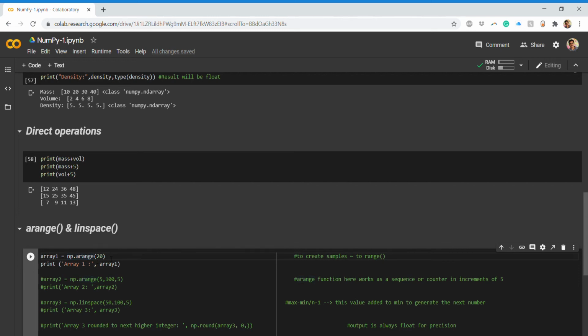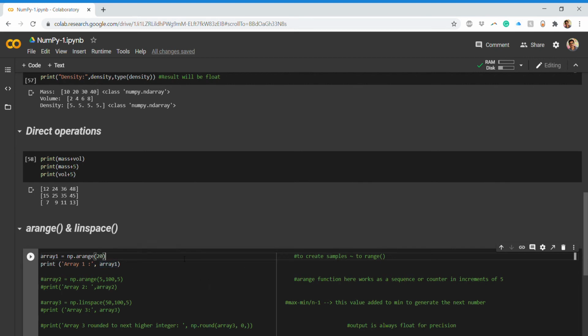So basically what I'm doing is creating an array with 20. So I want all the 20 elements. It will start from 0 up till 19, that is n minus 1. The same construct is followed here, and you can expect the same thing to happen with the arange function. These are mainly used to create samples.